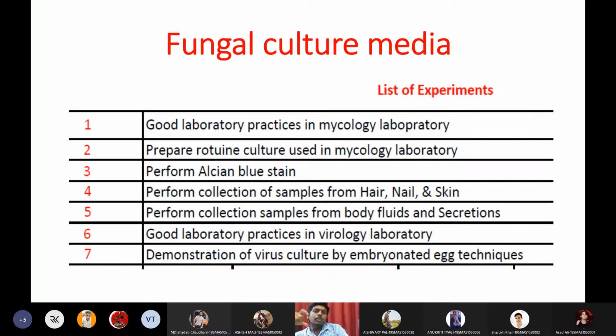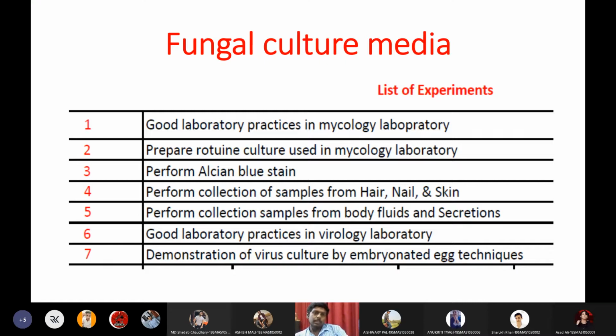The major fluid that we will take to identify the brain status is CSF. So we will collect CSF via lumbar puncture and we will go for detection of either Cryptococcus neoformans or viruses or fungi. So that is why they have given a generalized experiment called collection of body fluids and secretions. What is the protocol, what is the procedure for collecting body fluids, is the fifth experiment.